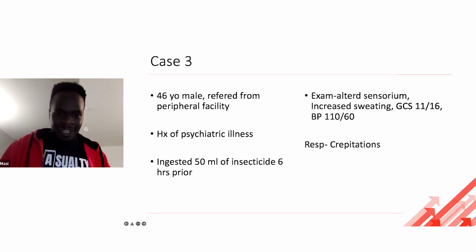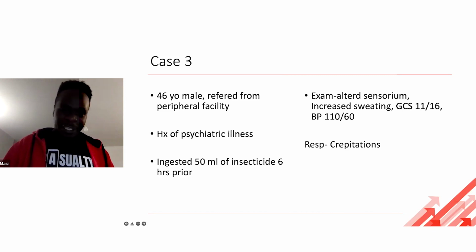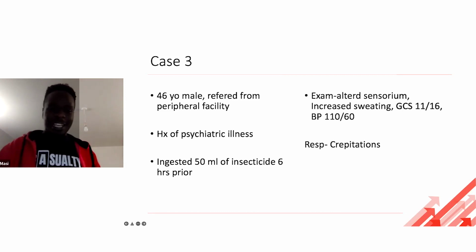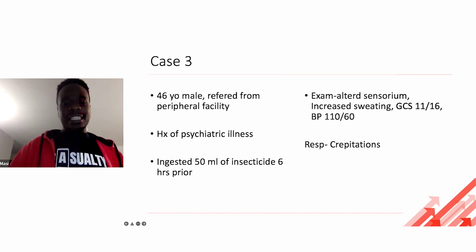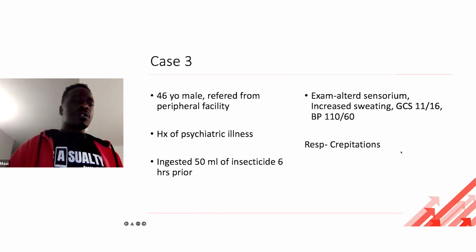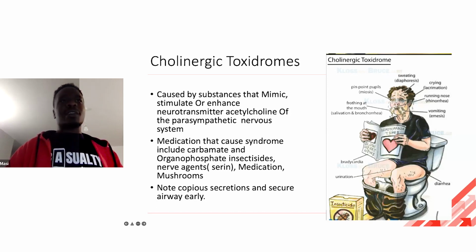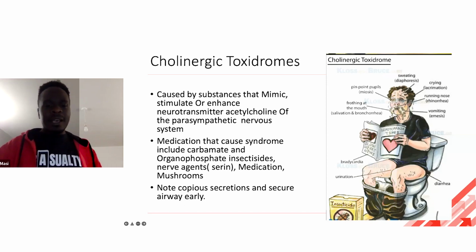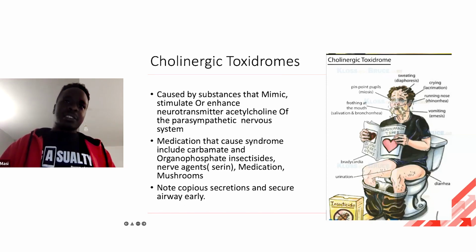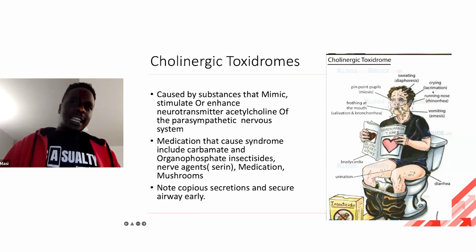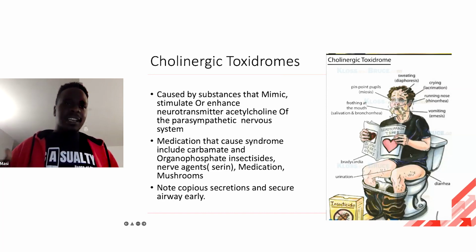A member of the audience called Marcy has mentioned what the answer is: cholinergic toxidrome. Thank you very much, Marcy, that is correct. Now, how does a cholinergic toxidrome present? Essentially, having a look at this picture, they present with pinpoint pupils. They're usually quite diaphoretic, and they have quite a lot of secretions, lacrimation, emesis, and of course they're losing water, and so they'll probably also have urination and diarrhea.